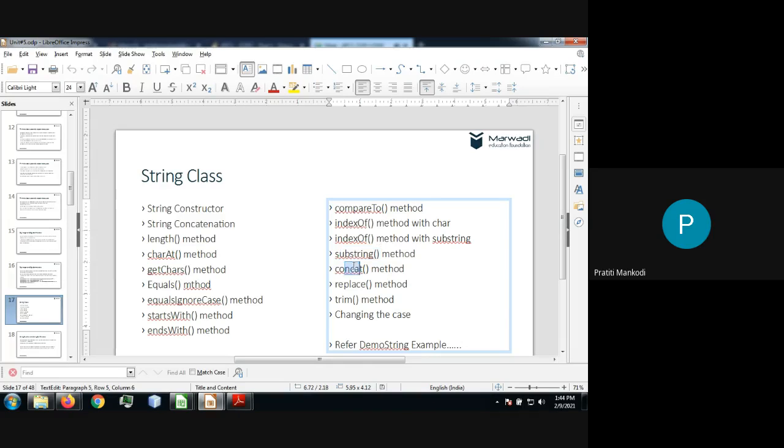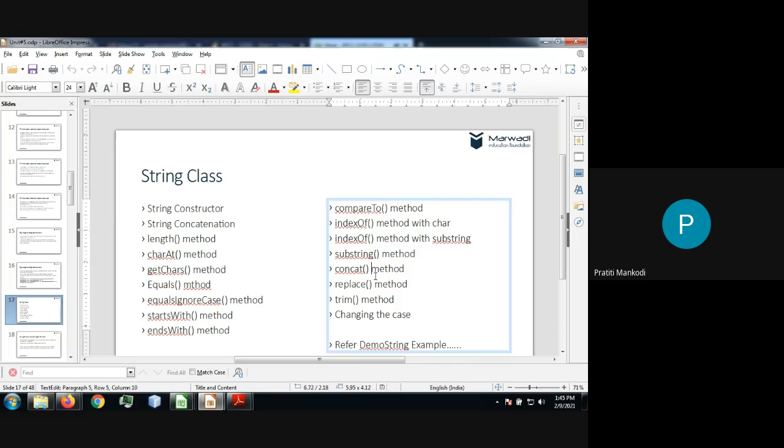Okay? Then concat. When you concat, you might feel that you are merging two strings. No, when I'm concatenating, what is this function doing? I have string S1, I have string S2. When I'm concatenating, it is going to create my third string. It is not going to change the content. It will fetch string 1, it will fetch string 2, merge them, and create a new string object. So the original strings S1 and S2 are not going to change.